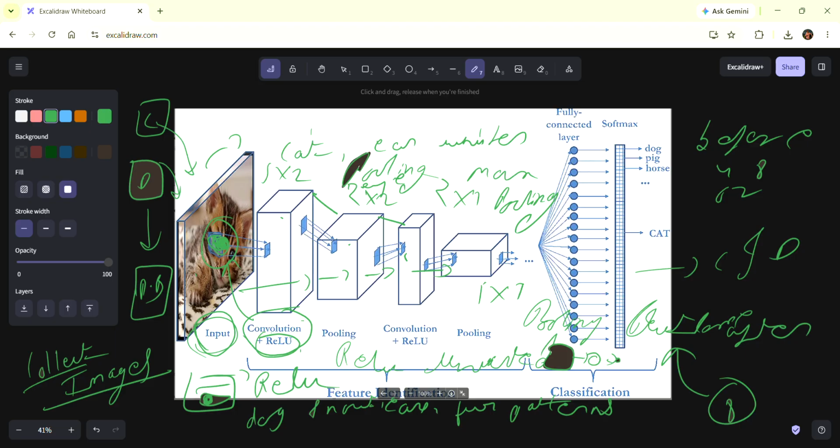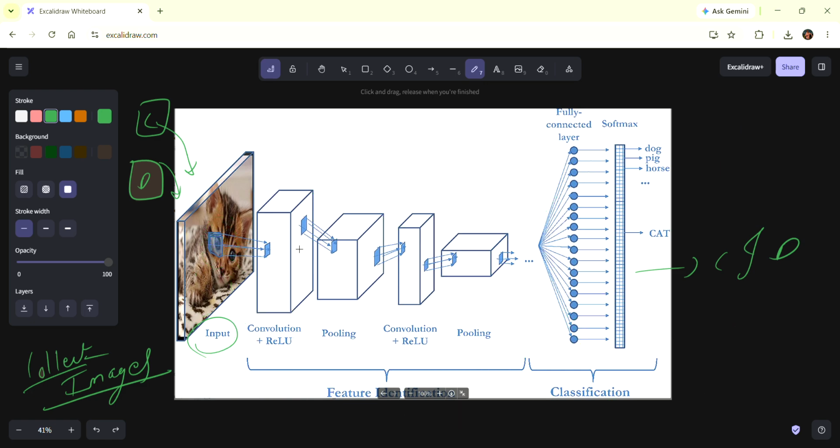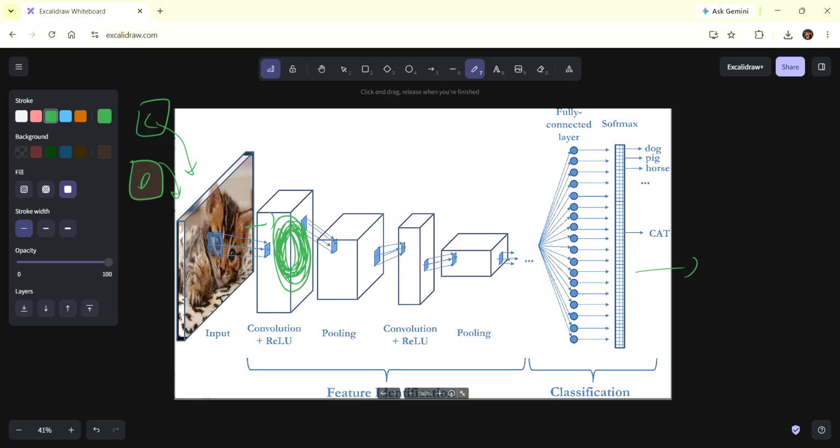Why are we repeating the things? We are repeating because we need to repeat it. It's very simple to explain why we are repeating. So here, suppose the whole image is of an eye.